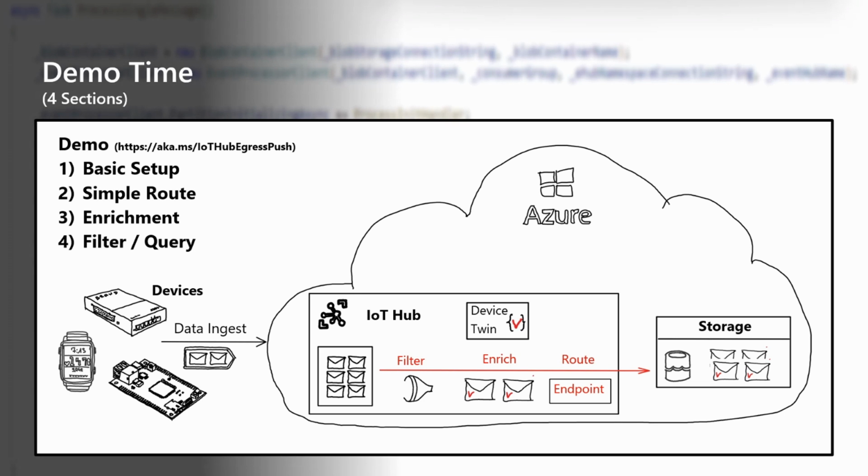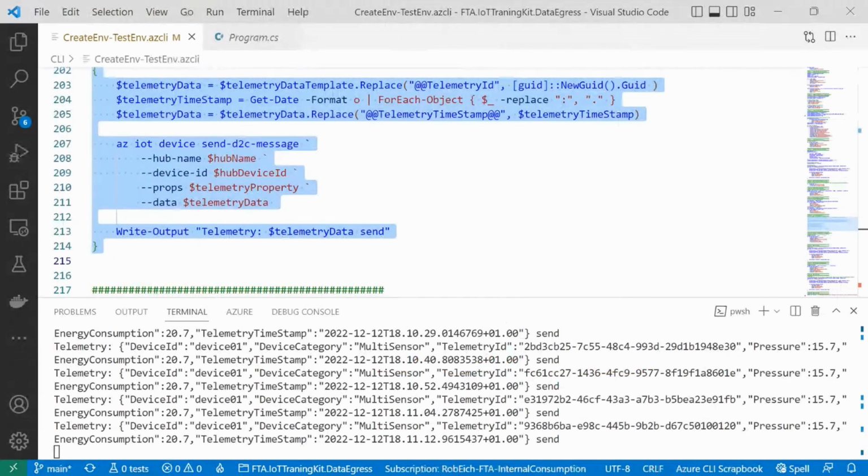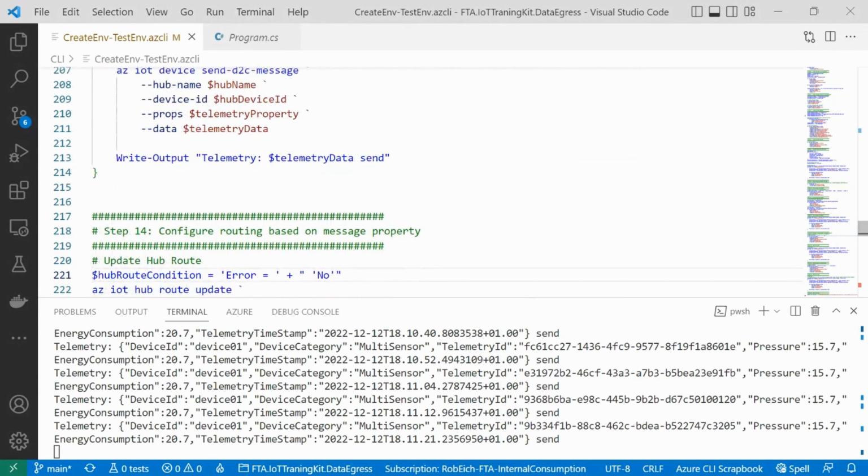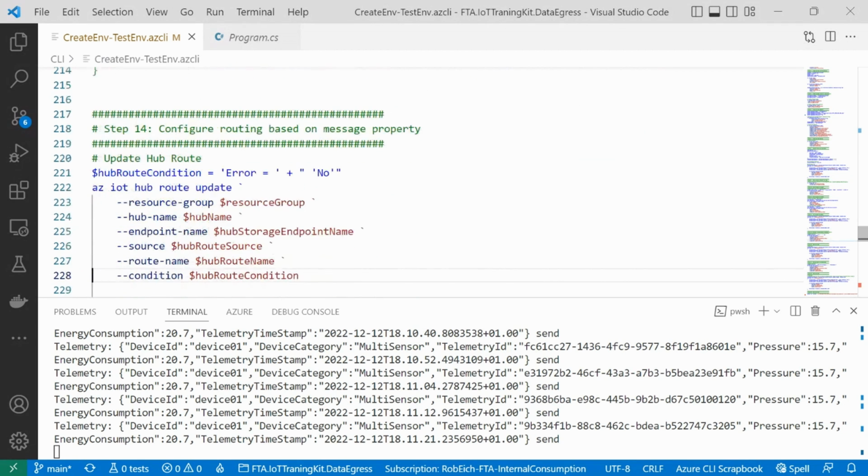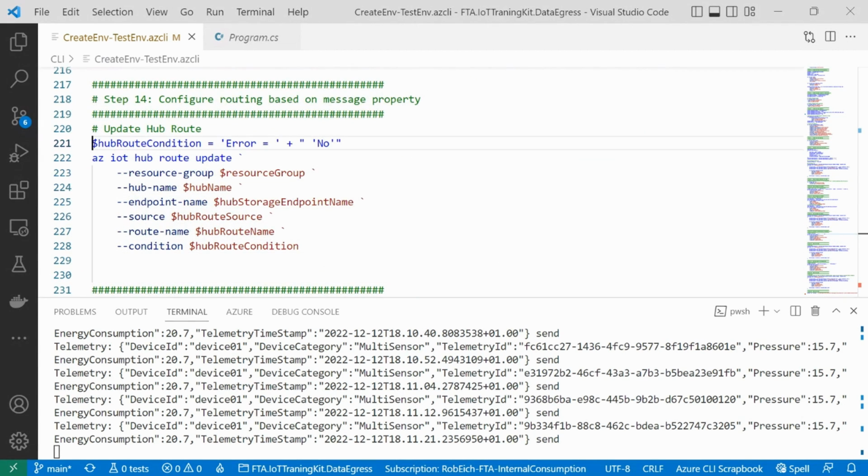Let me go back here to the development screen. I'm back in my Visual Studio with the PowerShell script, and we see we're still ingesting data. That is cool, that's not a problem. But let's focus now on the filtering, on the querying of incoming messages and then routing them accordingly.